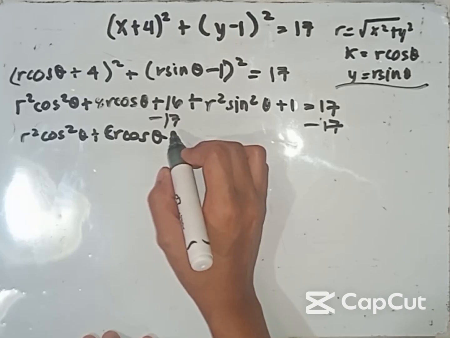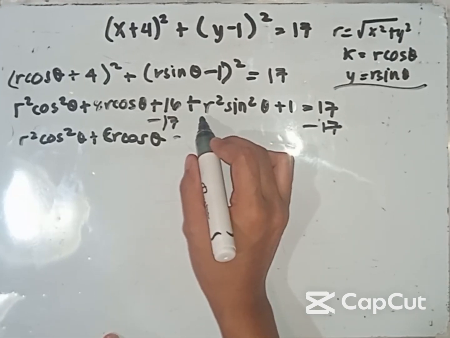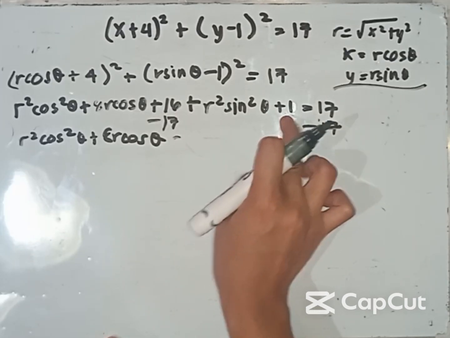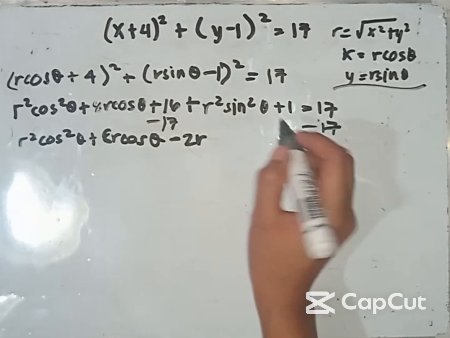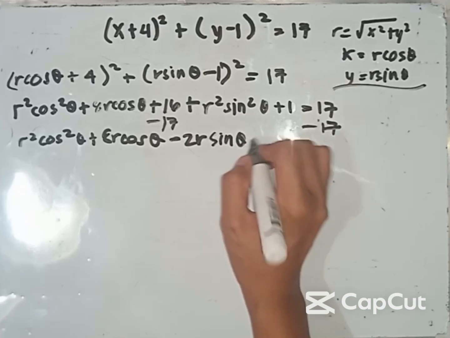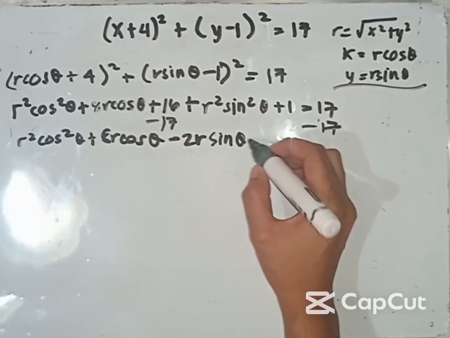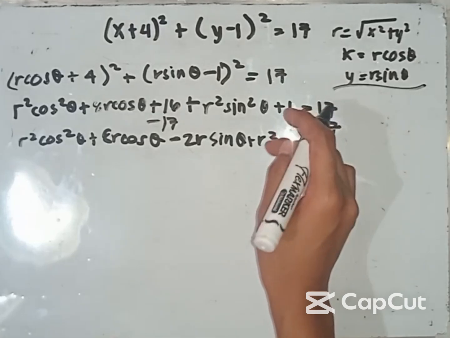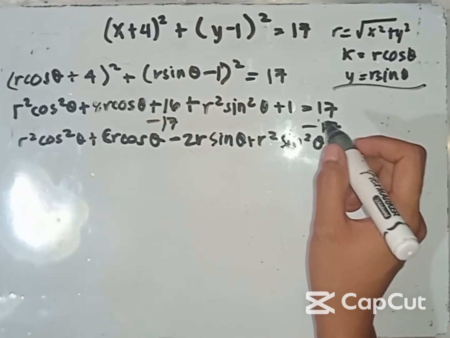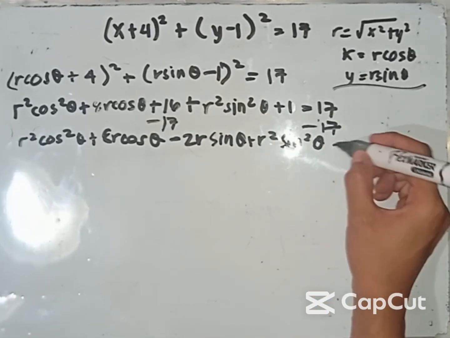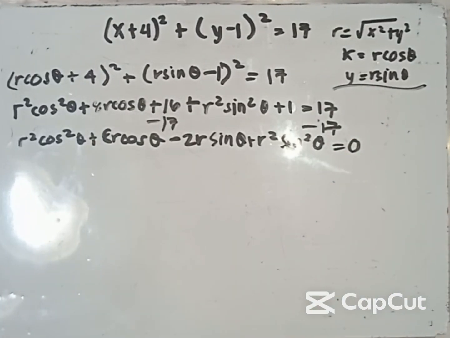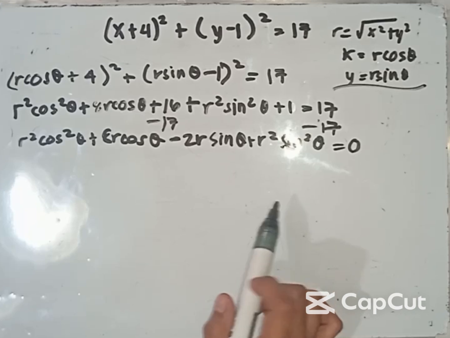So that would be negative 2 because of the 1 that we have here and the negative 1, plus r squared sine squared theta is equal to 0. So after that, we are now ready to